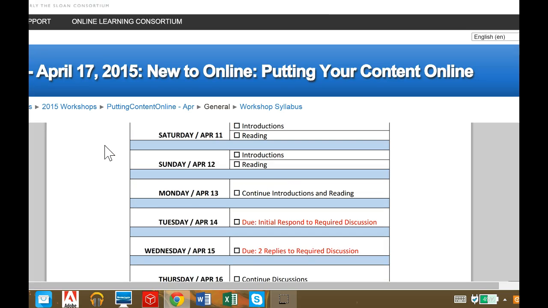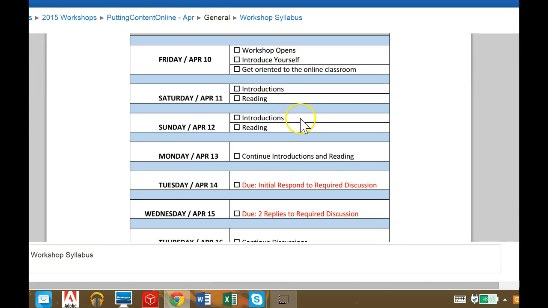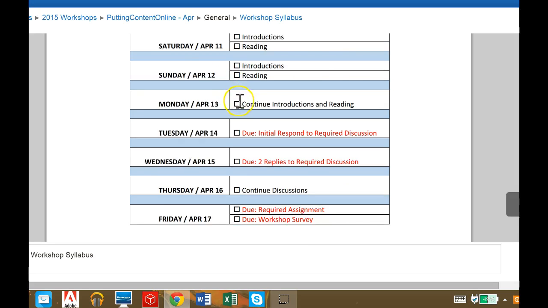And here's another pacing guide for you that talks about what you need to do or shows you with a checkbox everything on every day. Feel free to get ahead if you want to, just don't get behind. And you will have access to everything in this workshop for a year. So if you find yourself kind of rushing through things, you can always go back and look at them more thoroughly anytime in the next year.